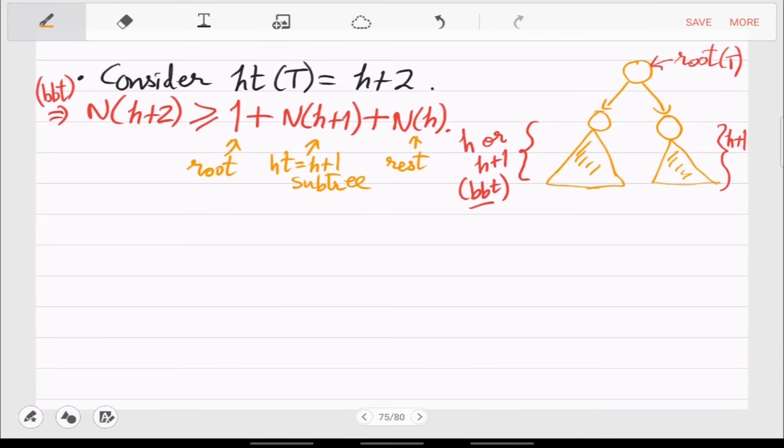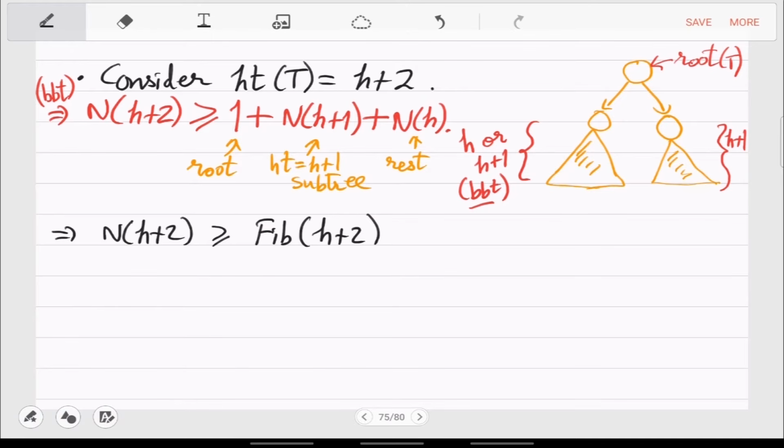What next? Exactly. So this reminds you of your first day here, which is, this means that nh plus 2 is at least the fib of h plus 2. So the sum of hth number in the sequence and h plus 1th number in the sequence, if you add it, then you will get the h plus 2th number in the Fibonacci sequence. Yeah, so it's strictly greater than. That's fine. So this is true.